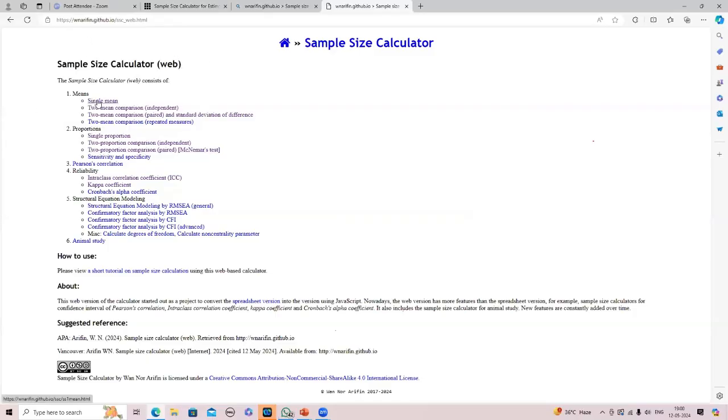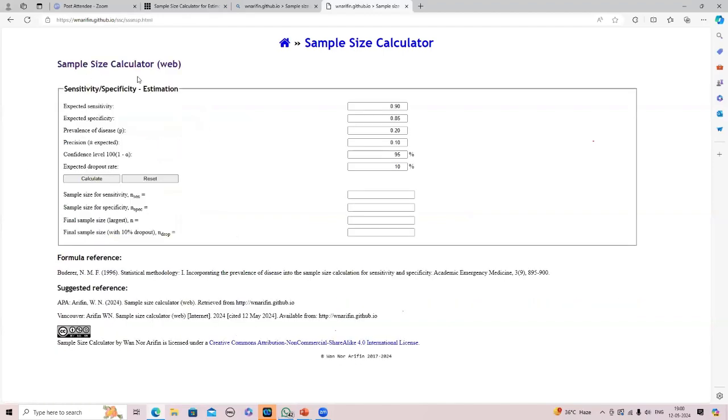You can also calculate for the single sensitivity, specificity and the Pearson correlation. First I will explain the sensitivity, specificity. You click on sensitivity, specificity and this calculator will appear. Here you have to enter your expected sensitivity, expected specificity, and prevalence of disease, which I have explained